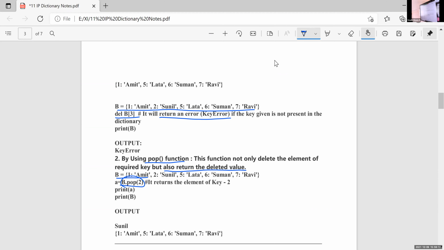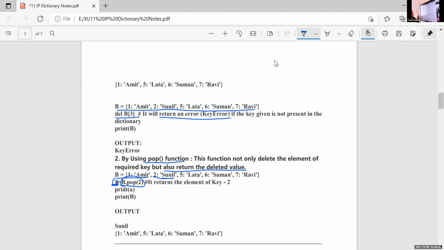What is pop of 2? Pop of 2 means this 2 is deleted. At the same time, if you want to print that deleted value, B dot pop of 2 means the value of key 2 is deleted. At the same time, this value, Sunil, is copied to the variable A.